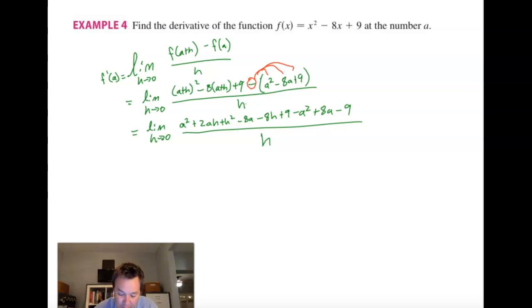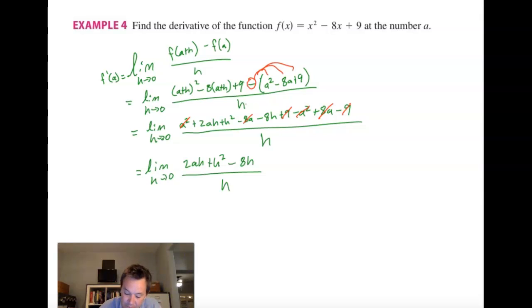All right, let's combine any like terms that we have. A squared, I have a negative a squared. Those cancel. 2ah, I don't have any other ah terms. H squared, I don't have any other h squared terms. I have negative 8a and positive 8a. 8h, I don't have any other h terms, and I have positive 9 and negative 9. Those cancel out. So I'm left with the limit as h goes to 0 of 2ah plus h squared minus 8h